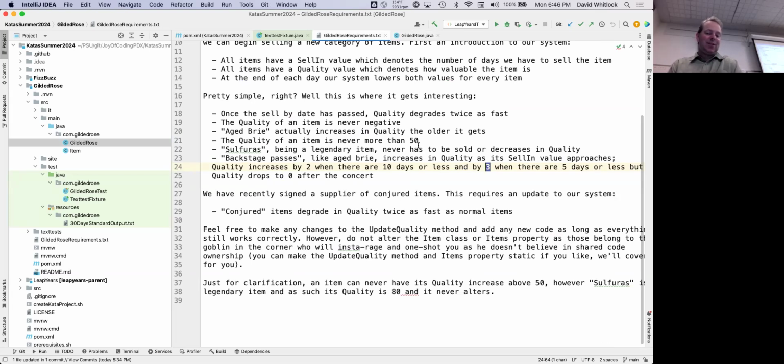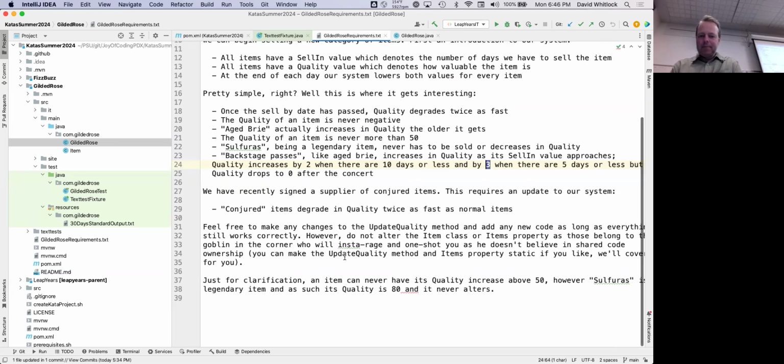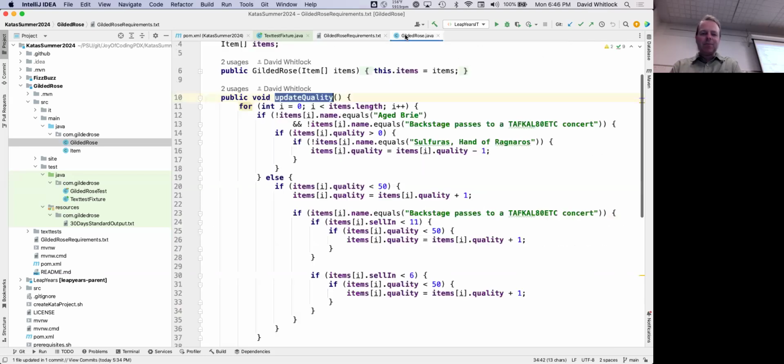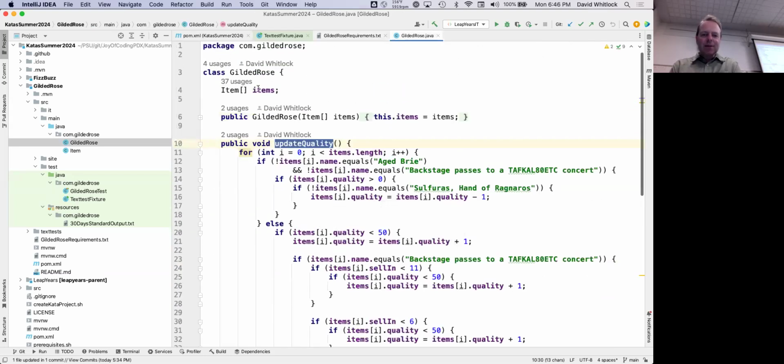Apparently, there's a goblin that's going to get you. But again, you can make changes to the update quality method, and I guess make some changes to the items method if you want.